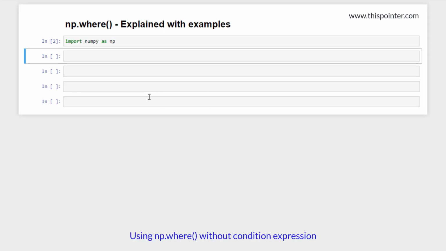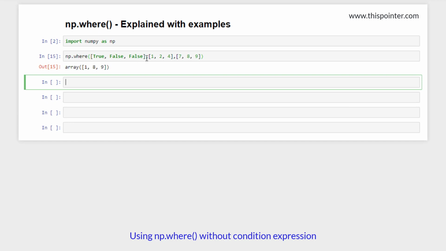Using NumPy where function without any condition expression. In all the previous examples, we passed a condition expression as the first argument, which will be evaluated to a Boolean array. But what if we don't want to pass the condition? We just want to pass the Boolean array. In that case, we can pass the Boolean array as the first argument. Check out this example.